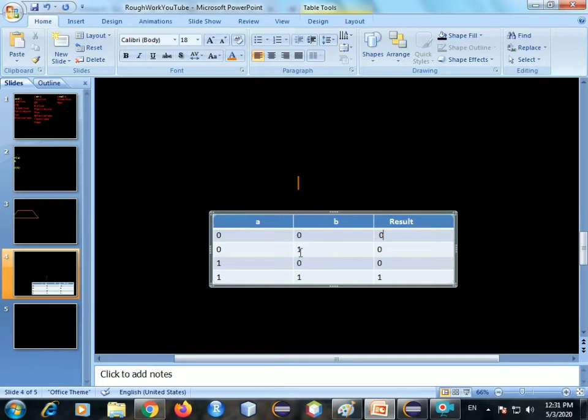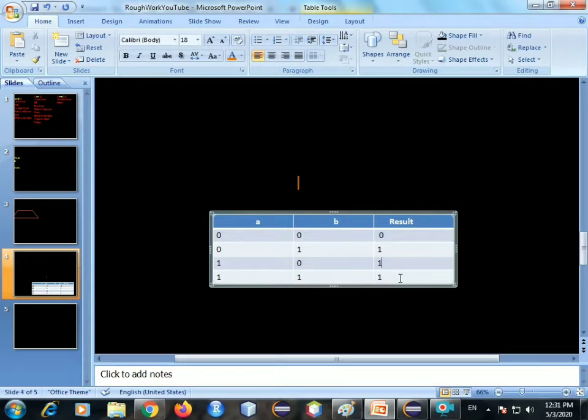Now the difference is, in OR, if any one of the variables is true, the result becomes true. It doesn't matter that both have to be true; that is not at all necessary in the binary OR operator. So 0 1 gives us 1, 1 0 gives 1, and 1 1 is 1.